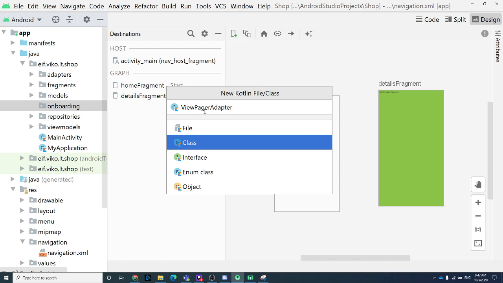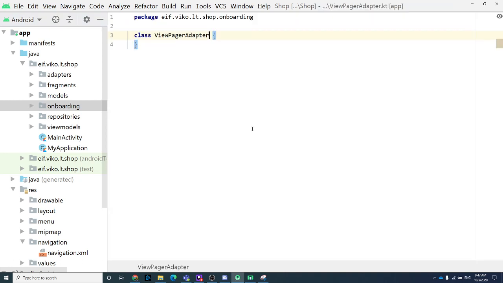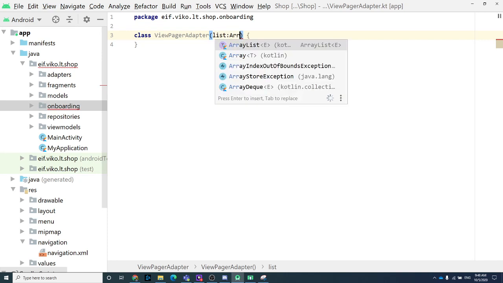And here is the reason why we need Viewpager adapter: to adapt our Viewpager component in our project, and how it works, how to edit lists or any other stuff. We need to create the Viewpager adapter class first. And for the Viewpager adapter class, we need parameters. The first parameter, we need a list, with which we are populating here, and we basically use the basic list, array list from,